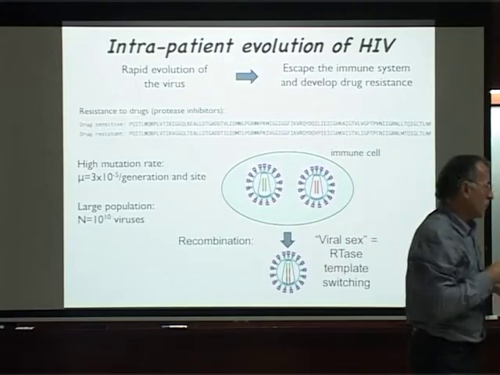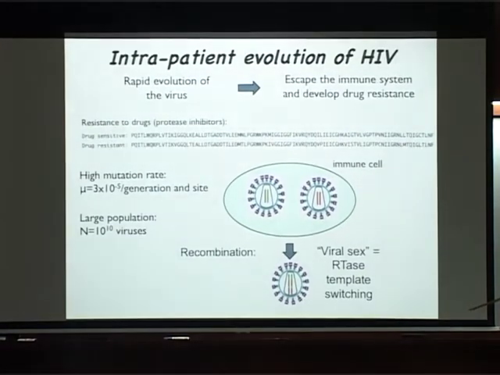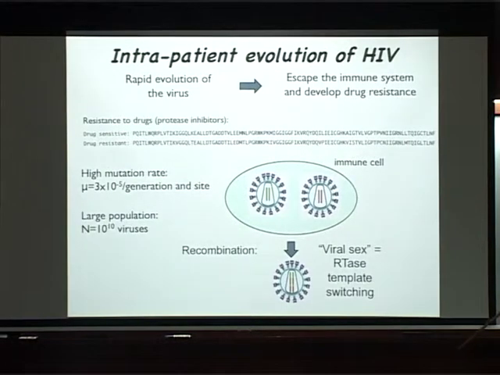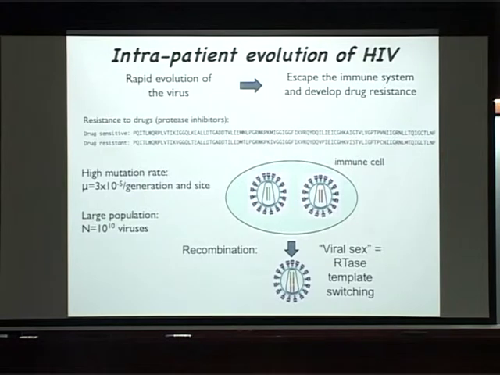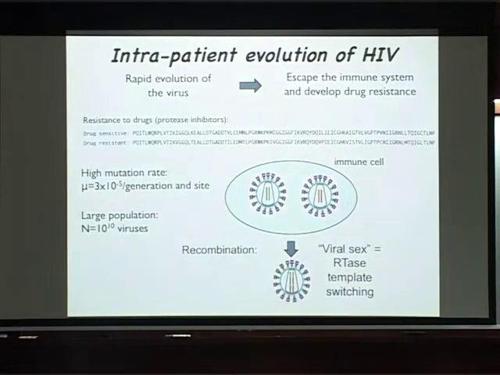Yes. So in this slide, the divergence was mainly in those areas of the code which were resistant to drugs, or the phenotype of the disease itself? What areas were different, anywhere? Right. So some areas are much more conserved than other areas. And then there are some genes, basically epitopes for the immune response, that mutate much more rapidly.